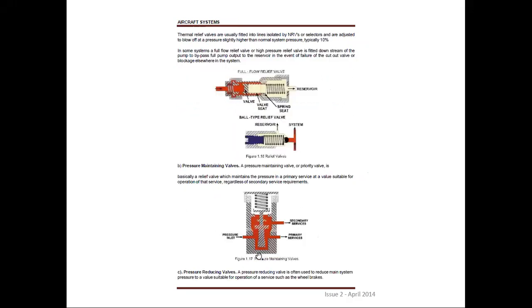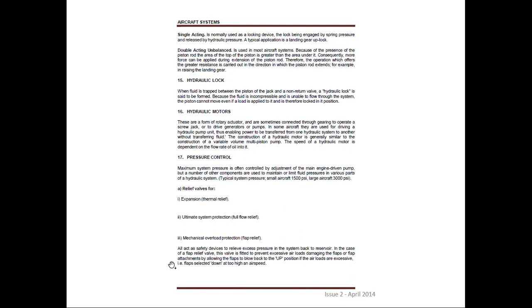Thermal relief valves are usually fitted into lines isolated by NRVs or selectors and are adjusted to blow off at a pressure slightly higher than normal system pressure, typically 10%. In some systems, a full flow relief valve or high pressure relief valve is fitted downstream of the pump to bypass full pump output to the reservoir in the event of failure of the cutout valve or blockage elsewhere in the system. So, he explained regarding the relief valve fitted in